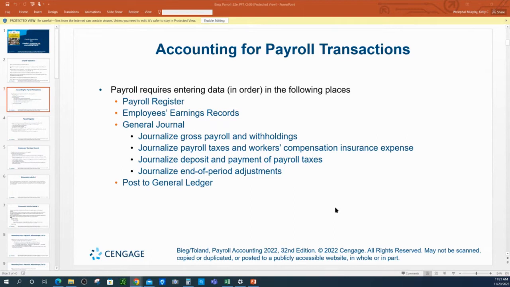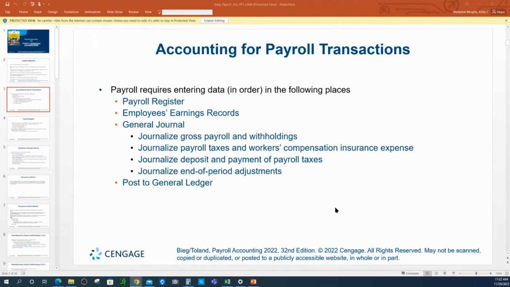Let's go back to the journal entries. There are two journal entries that we need to make at the time that we actually pay employees. The trigger for those journal entries is that there's cash going out, cash being paid to employees. There's another journal entry, which could be a series of journal entries or one big journal entry, that is made when we pay the liabilities that we have accrued